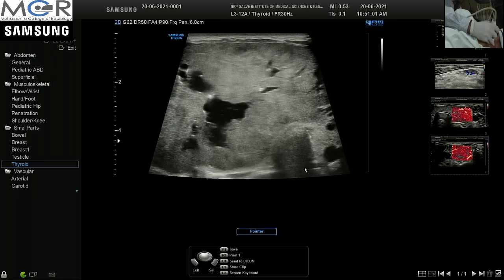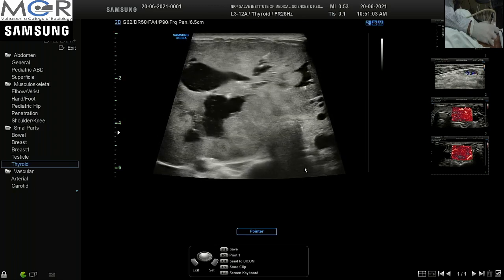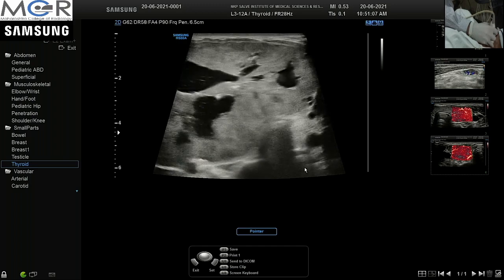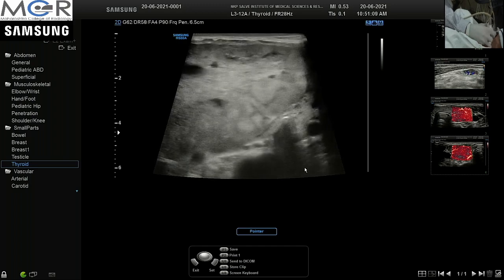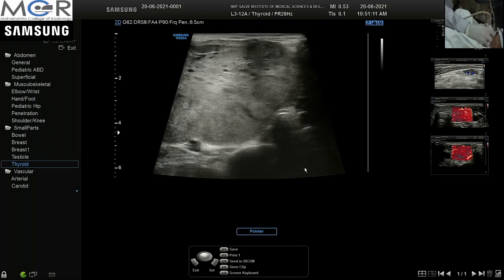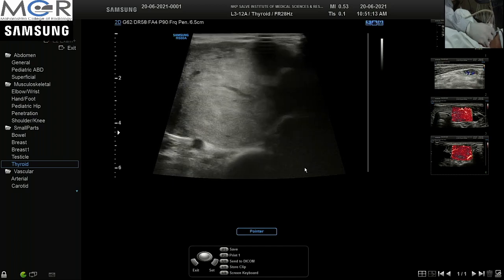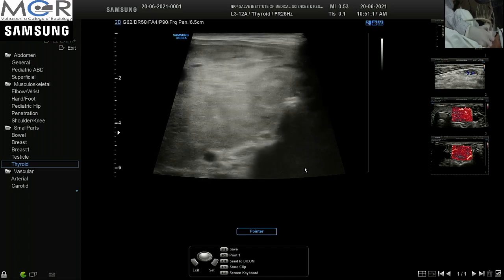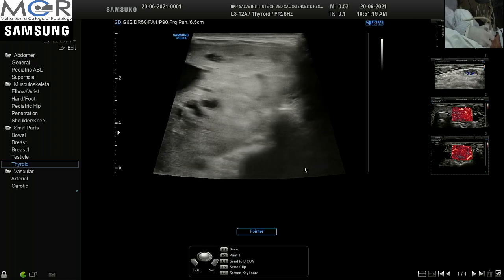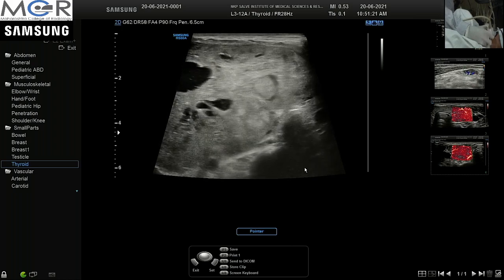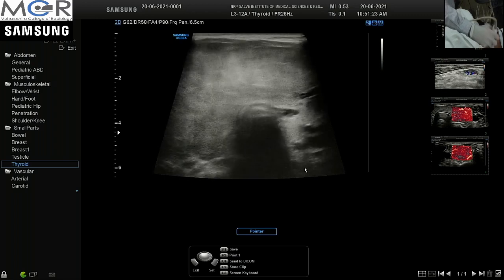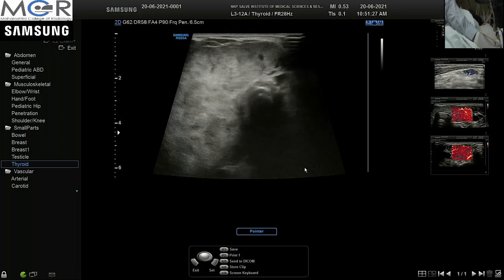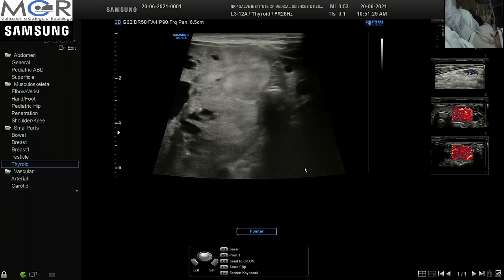So it has shifted the trachea also. Two things these larger lesions do: they compress and deviate. Earlier you used to do X-ray neck to see the shift of trachea, but ultrasound can also give you that information, that this lesion has shifted it. And as it has shifted, it should click to your mind that there must be predominant enlargement of one lobe of the thyroid, and we then look for where the other lobe is, what is happening to the left lobe of thyroid in this case.